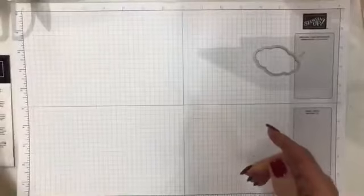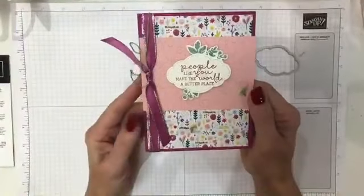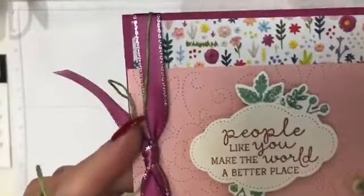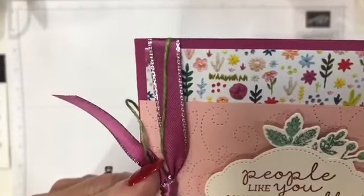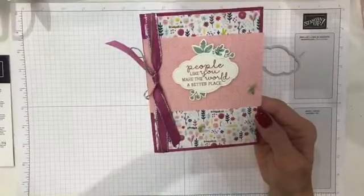Okay. The next one I did with Berry Burst is, again, I used one of the Designer Series. You can't really see this, but the Designer Series paper is just as intricate and detailed as those stamps. But when you get it, you will see it. Okay, so for this one, again,